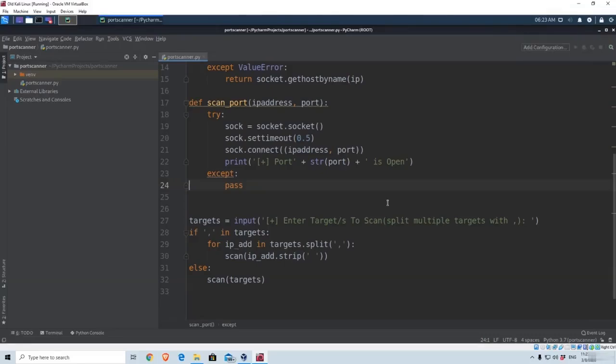Welcome back everybody, and let's finally finish our port scanner. As I mentioned in the previous video, we're only left to do one small thing before our port scanner is complete and ready to use. And that is to perform the banner grabbing on the open ports to discover which services and which software are